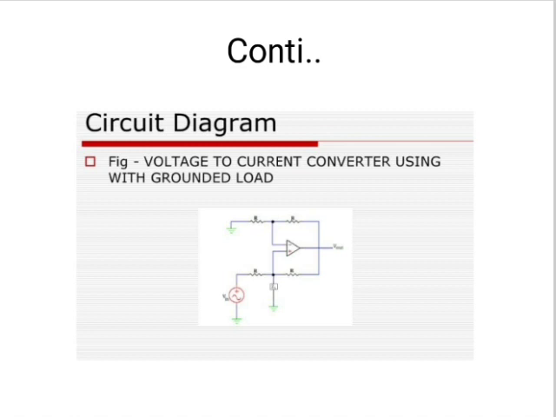When we supply a voltage as an input to a circuit which comprises a resistor, the proportional current will commence to flow through it. So it is clear that the resistor decides the current flow in the voltage source circuit, or it performs as a simple voltage to current converter for a linear circuit. So the resistor which performs a simple V to I converter is represented in the diagram.